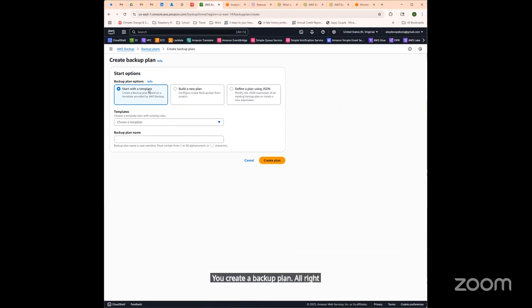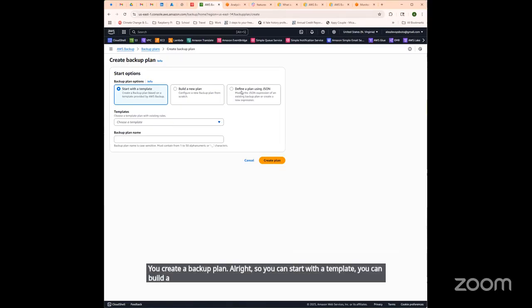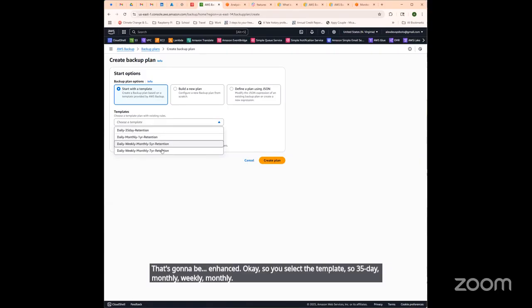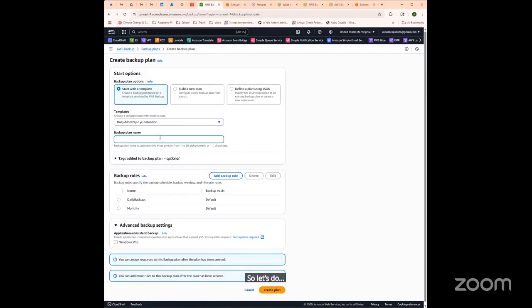All right. So you can start with a template. You can build a new plan. You can do it using a JSON. That's going to be enhanced. Okay. So you select the template. So 35-day, monthly, weekly, monthly, 5 year. That's so that you have retention windows. So let's do monthly. Name it basic backup,